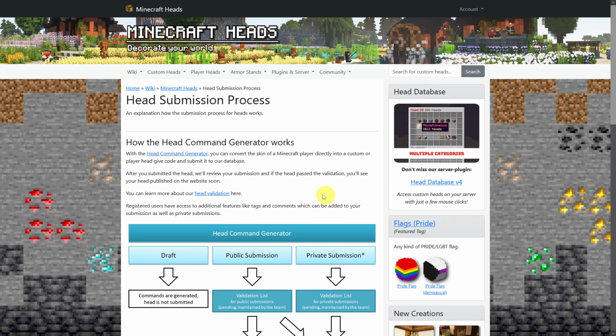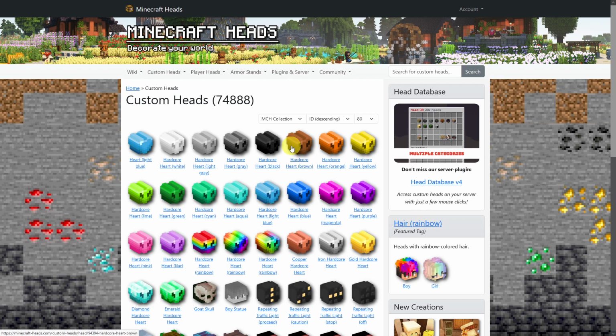So what does that mean for the lists? Go here. You have this dropdown now. Basically you have published heads here, and you can find the Minecraft Heads collection and all heads. You cannot find the user collection here anymore. The user collection is gone. We didn't think there is a lot of use for something like all heads minus Minecraft Heads collection, so that's why we just removed this. And you can find all heads if you want. Minecraft Heads collection is the default.